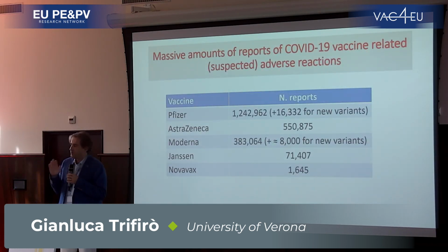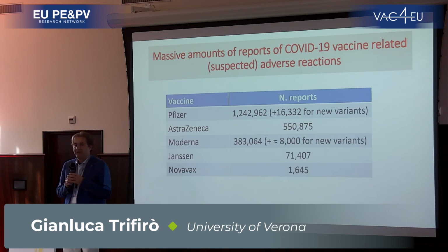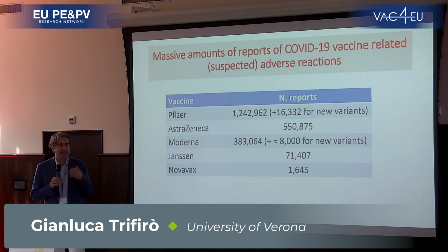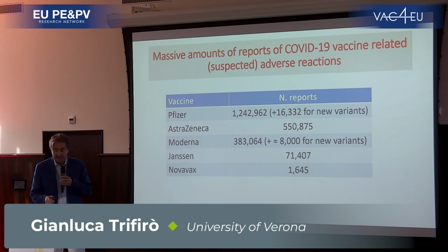And that was my first consideration about complementarity and heterogeneity. The second consideration is about data. We live in a data-hungry system. So everybody is trying to get more and more data. It seems like we are never satisfied with the quantity of data we have. And I think this was shown by Miriam this morning already. Around 2 million reports of suspected ADRs related to COVID-19 vaccines. I've never seen something like this, and hopefully we will never see something like this again in the future.